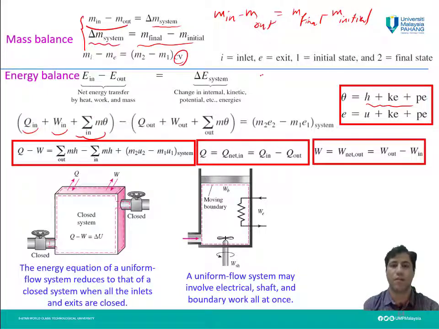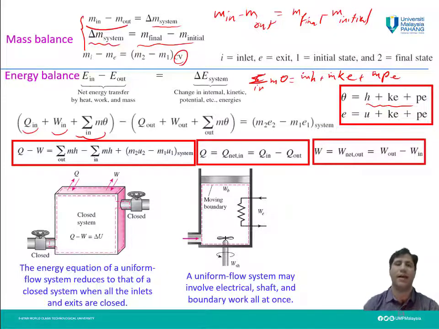So these terms, the summation of sigma in m theta, is actually mh plus mke plus mpe, or in terms of rate, we can write it like this,